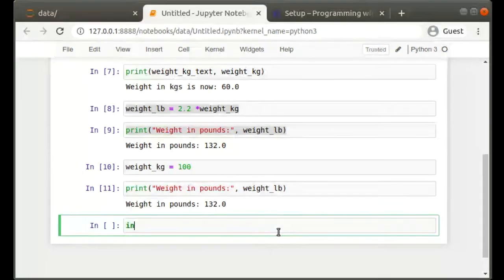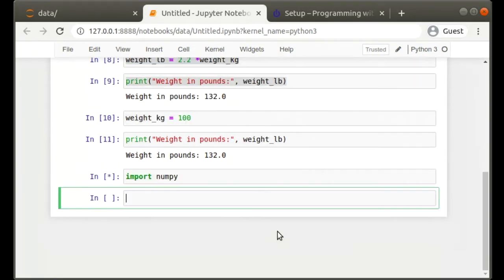So if we type import and the name of the library, which is NumPy, and I execute that,